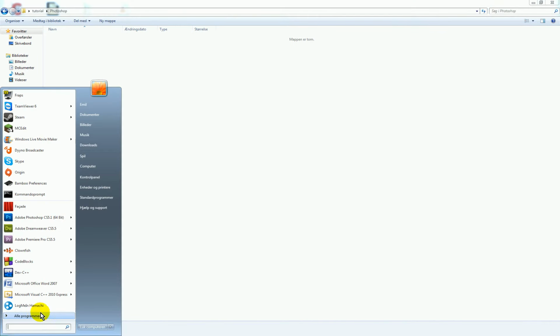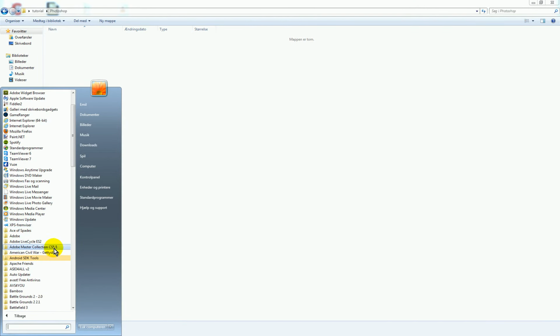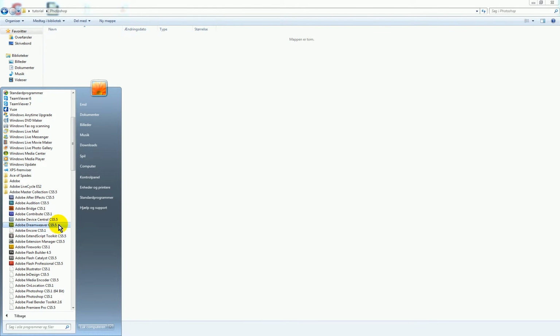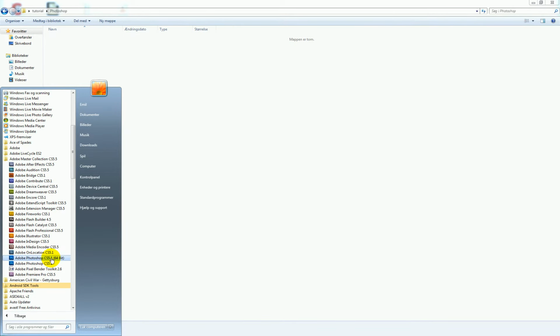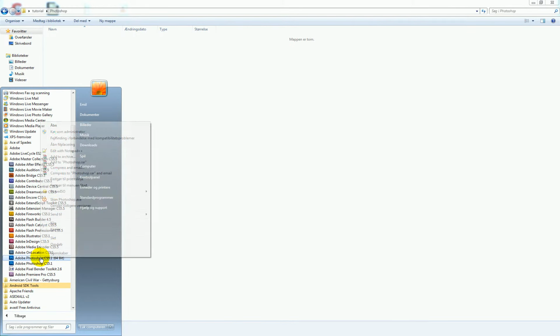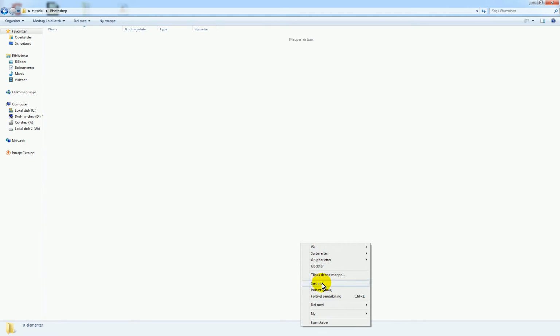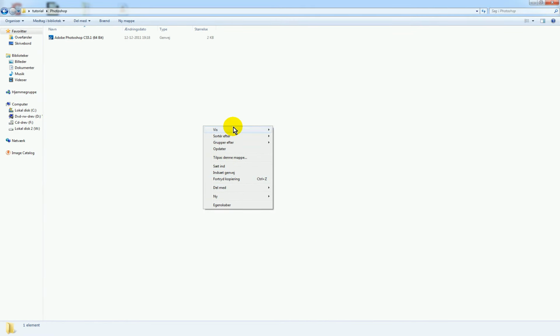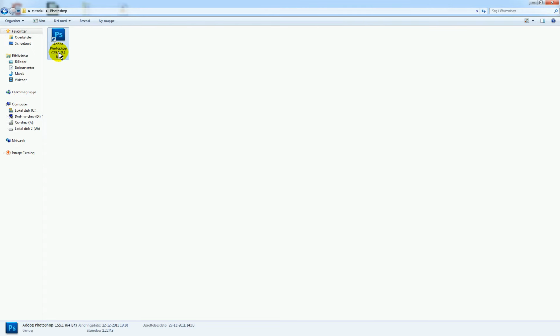Now, if you have bought it, go ahead into your Adobe Master Collection CS5, and then find Photoshop. I'm gonna take the 64-bit, because that's the version I need to use, and I'm gonna send this to a folder. I'm not gonna do this. I'm just gonna copy it and put it in here. So now we have a little workspace. Here you can see you have Adobe. So go ahead and start Adobe Photoshop.